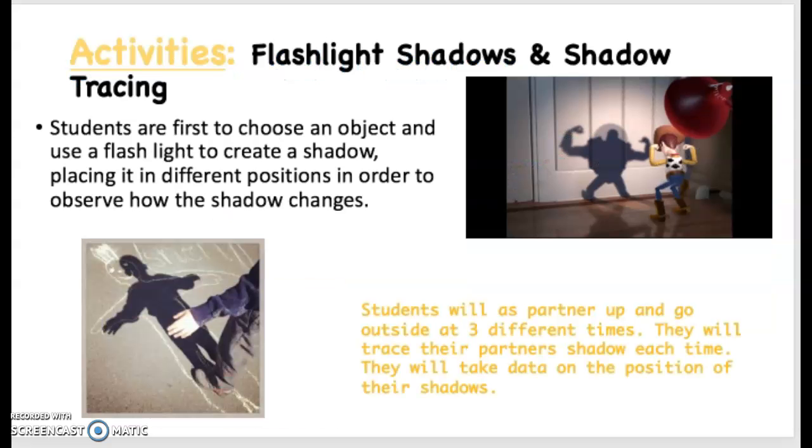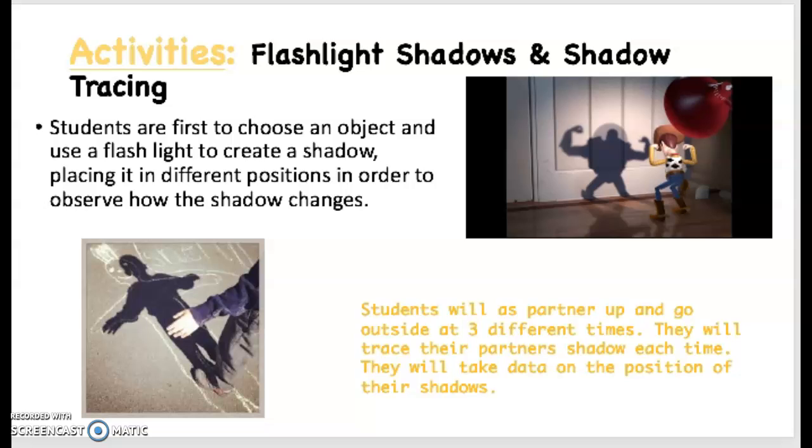And then once we get into our activities, we will start off with our book, then lead on to our activities. First, we will start in our classroom where each student will get a flashlight and they will pick an object of choice. You will point the flashlight at the object in different positions so you see how the shadow